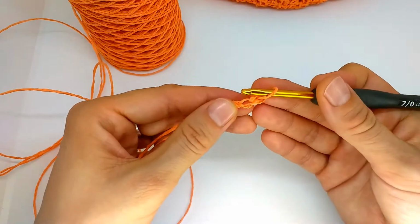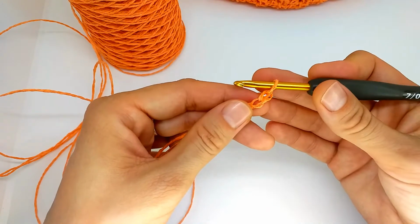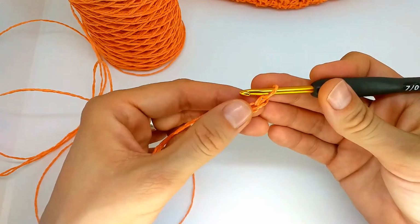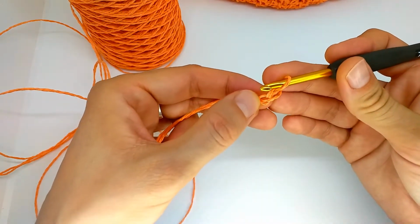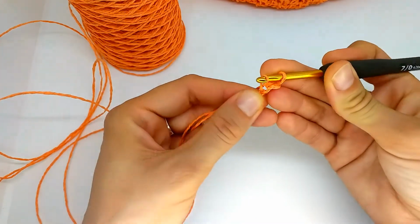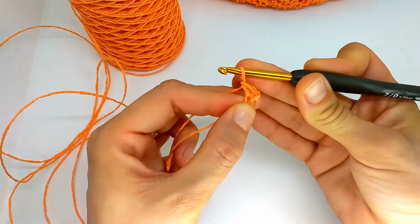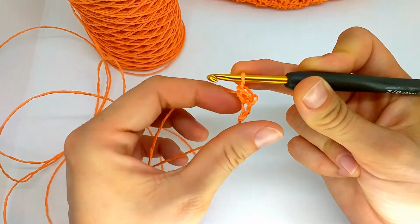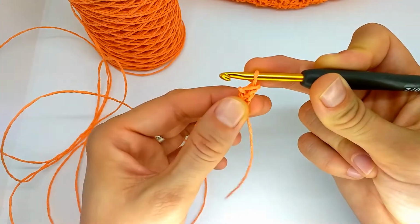Then it will be a series of single crochet, but in a specific place where you will be putting your crochet hook. The first step, we put the crochet hook in the first chain we made, yarn over, pull, yarn over, and do 1 single crochet. Now we will always need to turn it clockwise,